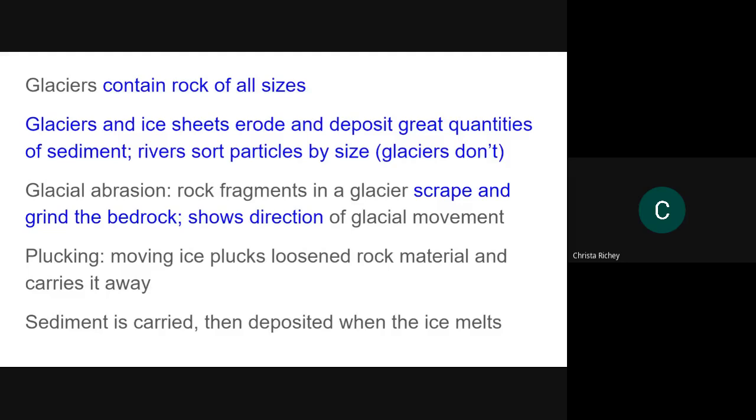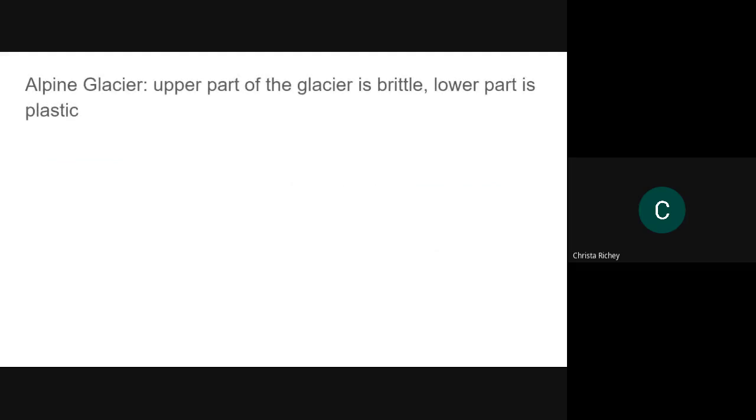Okay, I don't even want to push the thermometer buttons. It does what it wants. All right, so